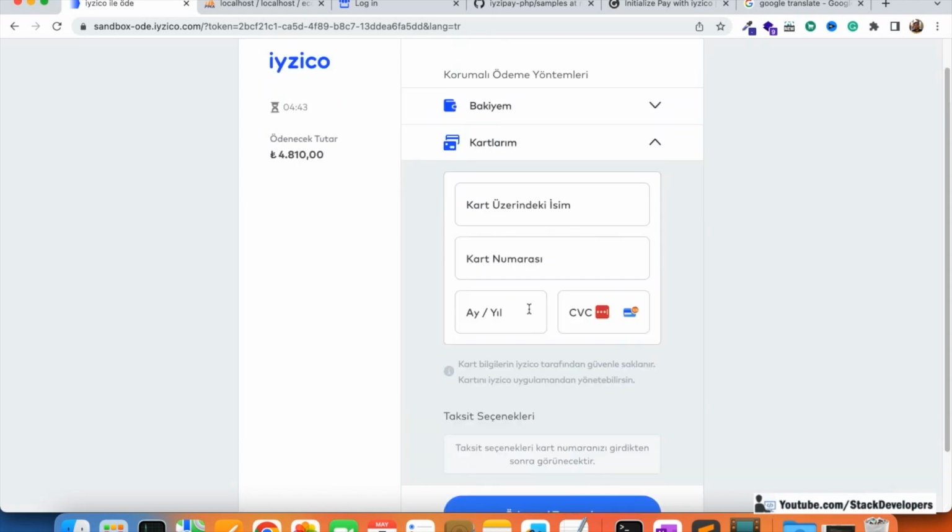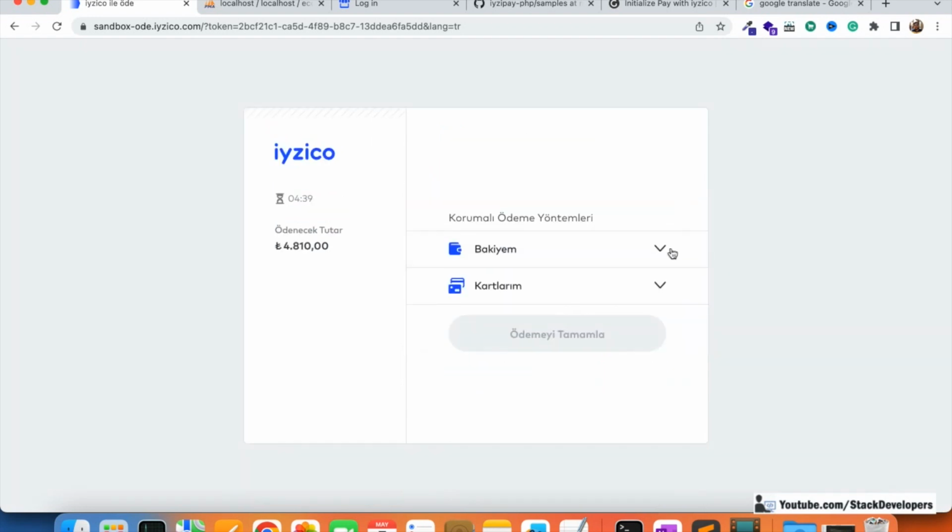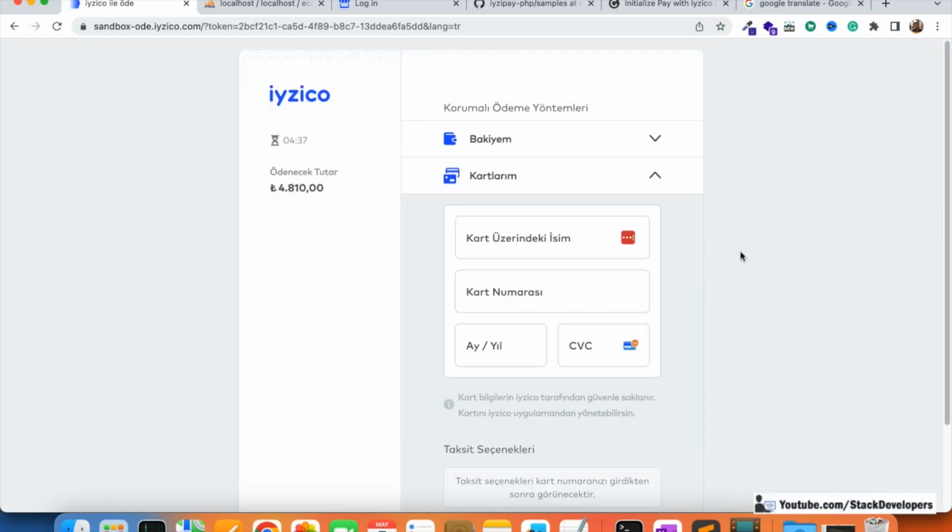Then you can make the payment, and the complete details are coming here, you can see. So finally you are able to make the payment. You can see the payment screen of the iyzico payment gateway, and you can make the payment with this payment gateway. If you are a Turkey user, then it will be really easy to integrate this payment gateway into your